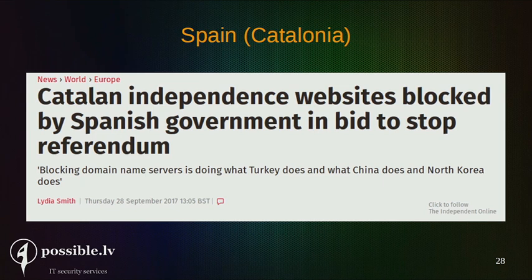Just recently, the Catalonia independence referendum was sabotaged by the Spanish government. That's another type of censorship. That's politics and power for sure, and this is dangerous. And I'm not weighing in here on if the referendum was good or not. But as an internet activist, I can say that this is a very dangerous trend.